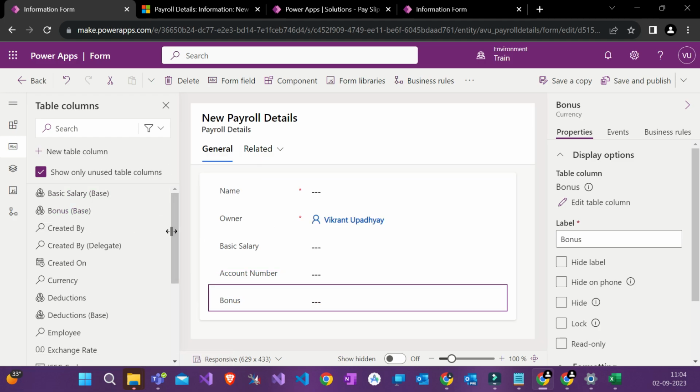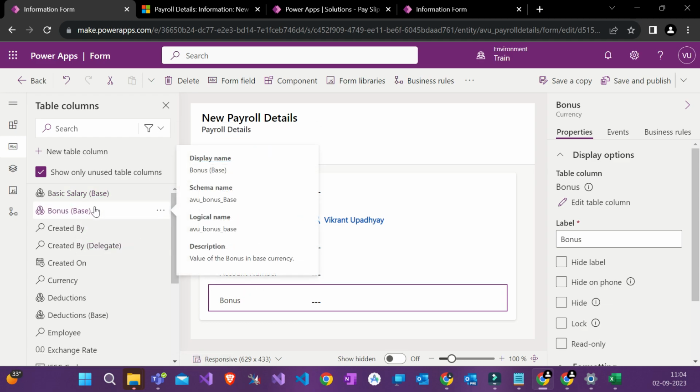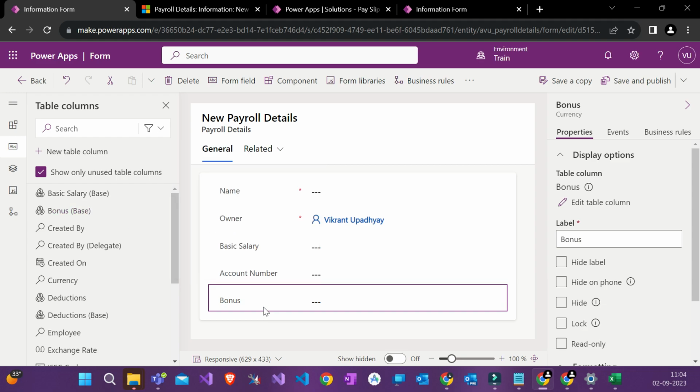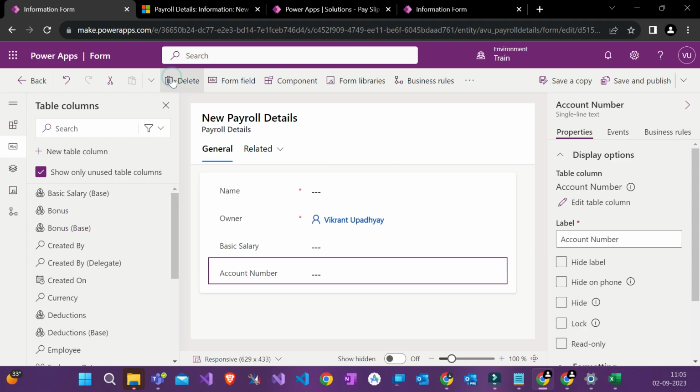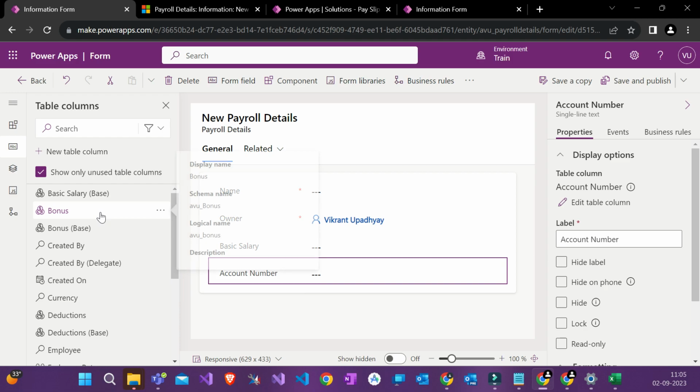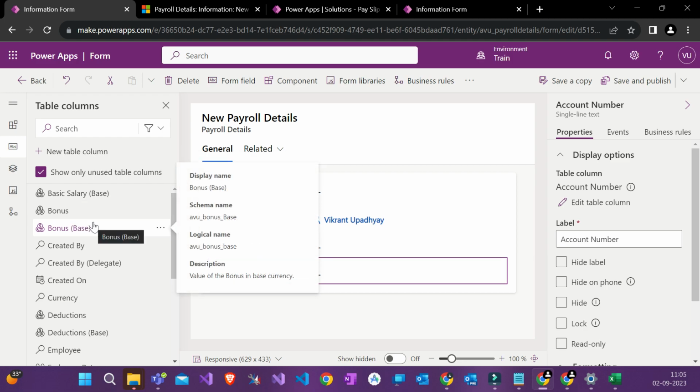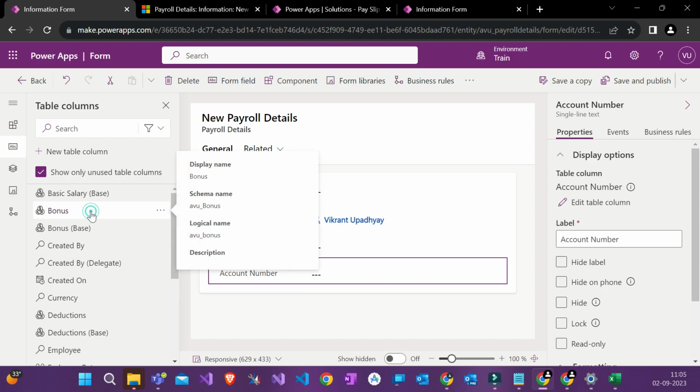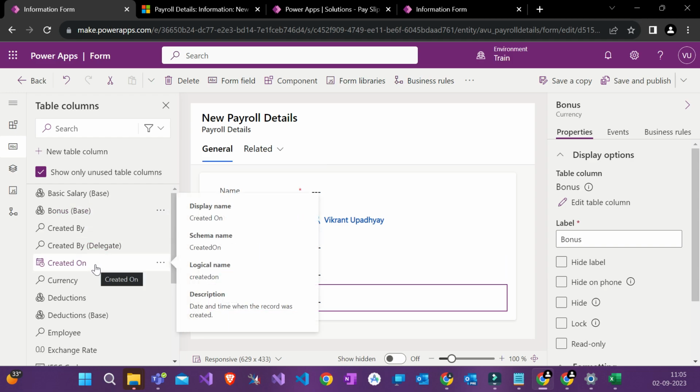अभी देखो मैं आपको एक चीज बताता हूँ. See, for bonus you see two things. For some reason bonus is coming 2 times, है ना? Bonus आया इधर, हमने already डाल दिया bonus. Wait, I'll show you. Delete this bonus, okay? You see bonus and bonus base. The reason why you have 2 fields is because it is currency. Always put bonus जिस पे लिखा हो. Don't put the field on the form which has base in it. So we'll just put bonus, okay?